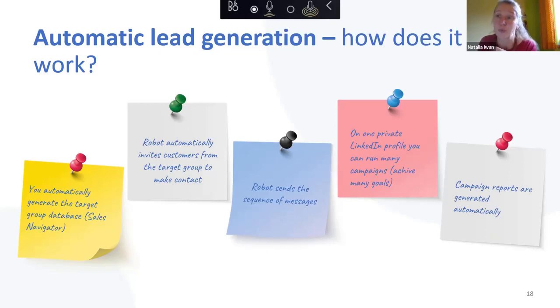So if I would like to reach the transport providers in Georgia, I define in Sales Navigator the kind of profile I'm looking for. I get the link to this database. After I press search, I get this list with the contacts. I just copy the link from the URL window to the sales robot. In the sales robot, I define the communication, and I define that my first message to the transport providers in Georgia is about